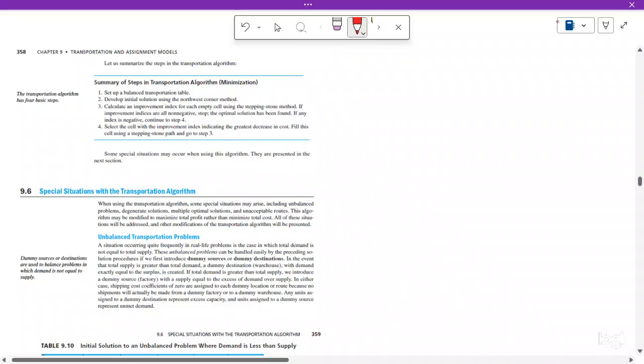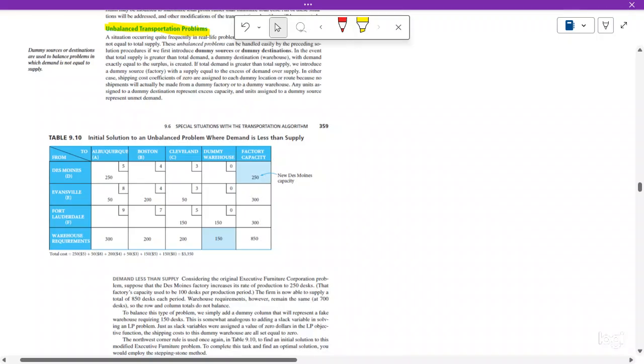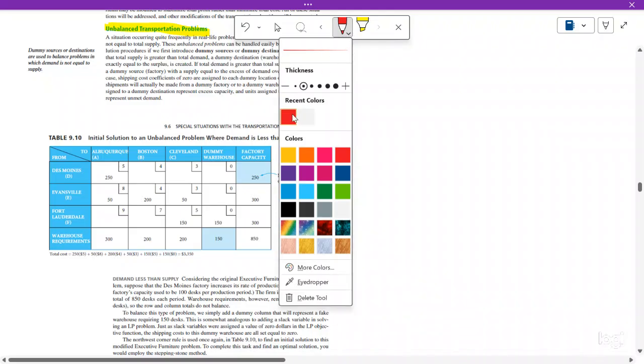So now, special situation with transportation algorithm, the unbalanced method. You see that? The unbalanced method. I'm going to put a, look at this, guys. When I use a white pen,